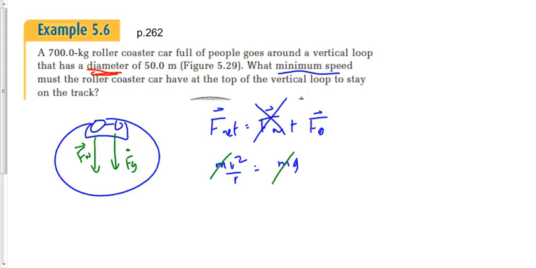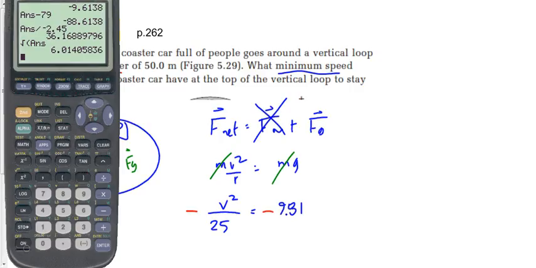Okay, let's solve for v here. v squared over 25 meters, which is the radius, equals 9.81. Technically, both of these are negative because we're at the top of the circle, but the negatives end up canceling, because it's in both terms. So 25 times 9.81. Now let's square root that. We end up getting 15.7